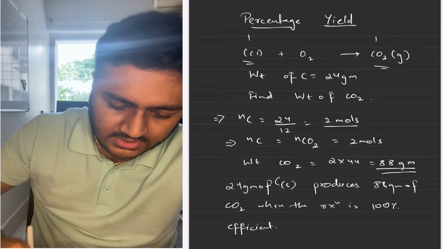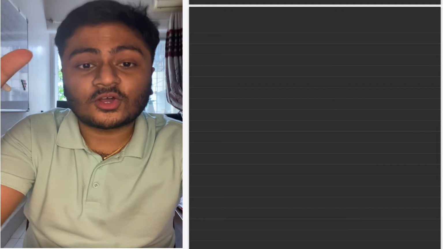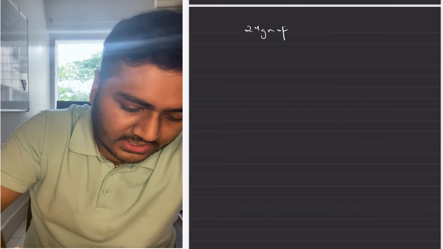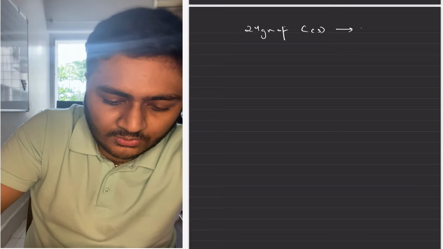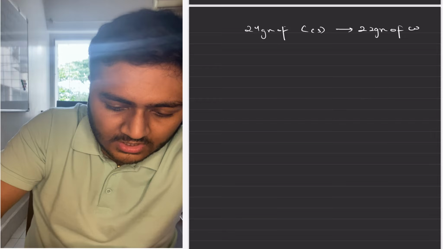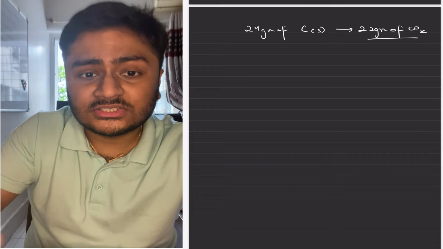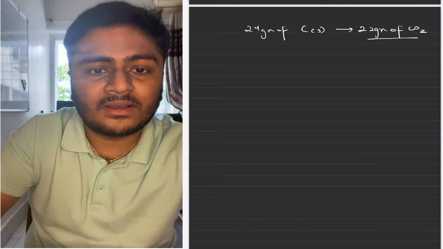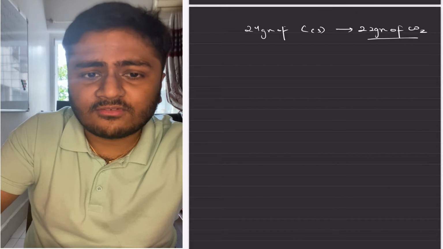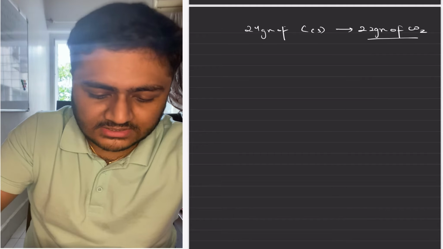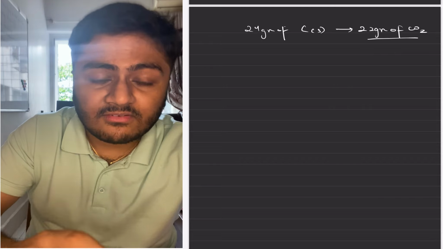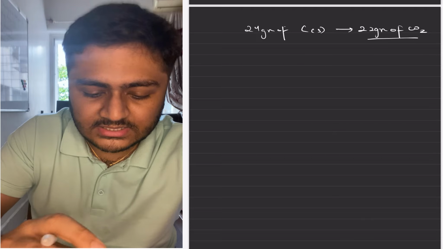But we know that most actual reactions are almost never 100% efficient. So let's just say that instead of 88 grams, 24 grams of carbon solid produces 22 grams of CO2. This can happen when the reaction is not efficient. The reason for the inefficiency could be multiple things, like a lot of product might have gone to waste or any other reason. So in the question they have given you that 24 grams of carbon solid is converted to 22